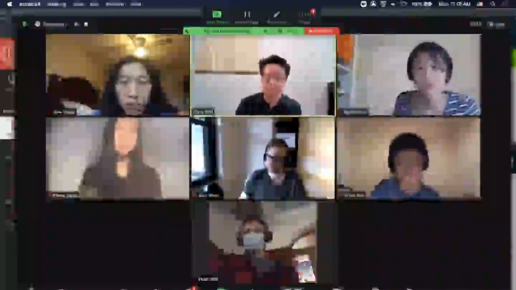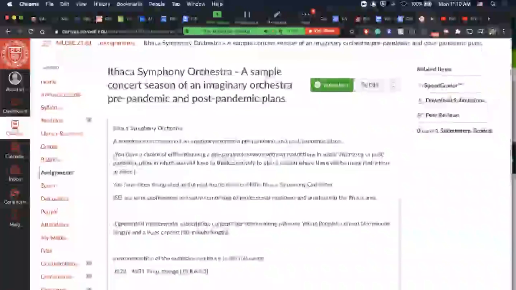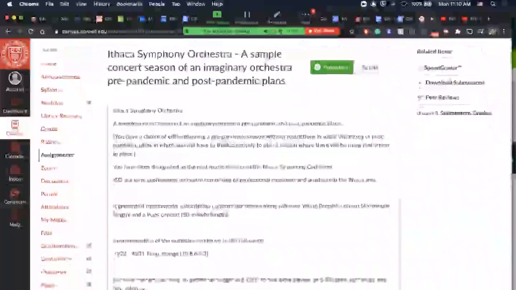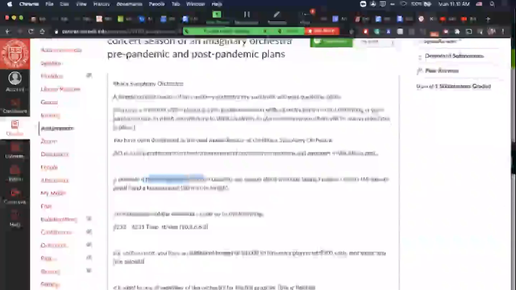Okay, all right. So the Ithaca Symphony Orchestra, this is an imaginary orchestra. And what I'm asking you to do is plan a season, maybe 4 concerts. So in a normal per service orchestra, very similar to maybe the Cayuga Chamber Orchestra, right? You would have 4 masterwork subscription concerts, which means it's your usual sort of overture, soloist, symphony sort of format,